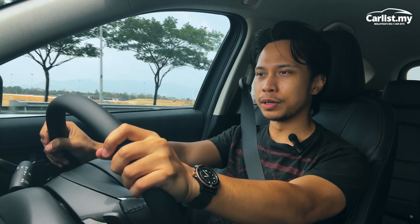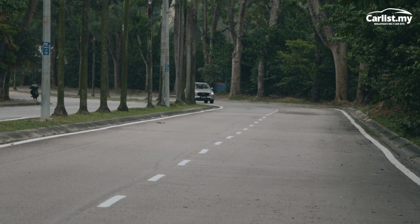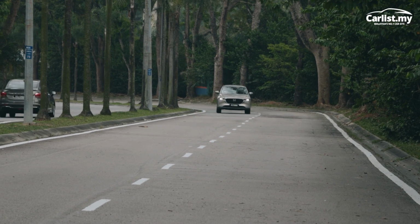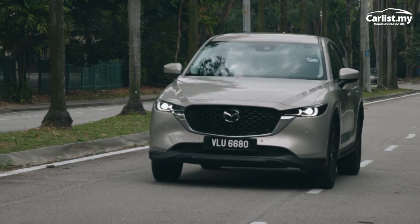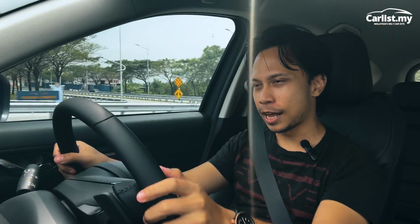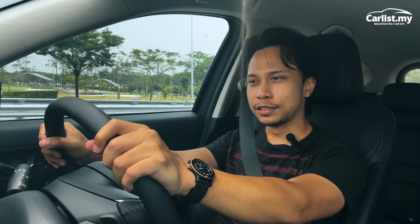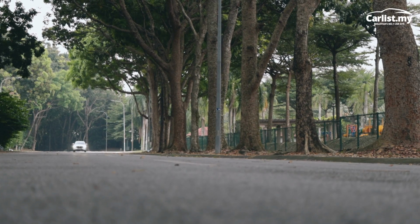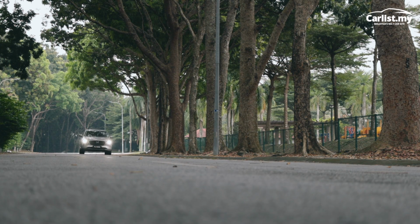In Malaysia, there's only one single engine option, the 2.0 NA SkyActiv G. When, you know, if you just add your most powerful engine, the 2.5 turbo, into your most desirable hatchback, the Mazda 3, you get a super hatch. In this case here, the CX-5 with this diesel engine is a really rounded, well thought out